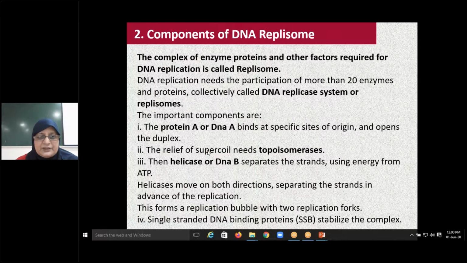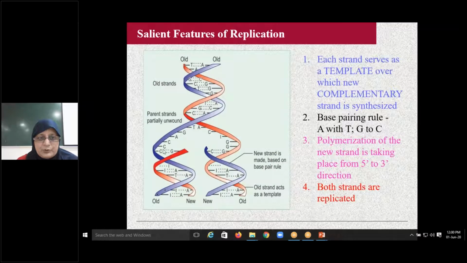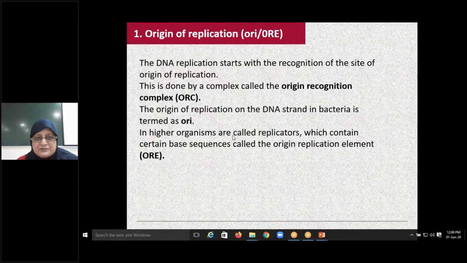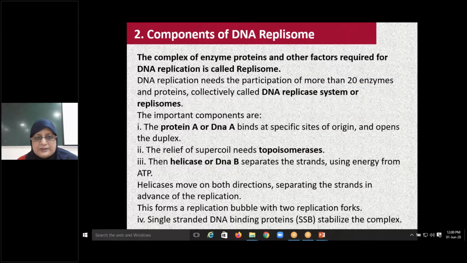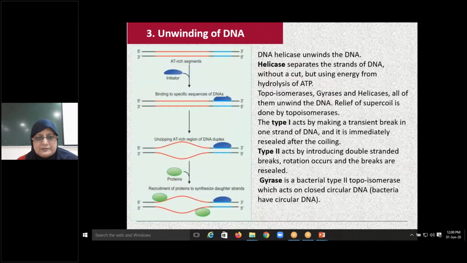In the previous figure, we mostly show only one end and don't show the replication bubble, but actually replication will be occurring from both ends. Replication will start from both the points. So here separation of the DNA strands will be occurring from both the places. One helicase will act from this side to form one replication fork.